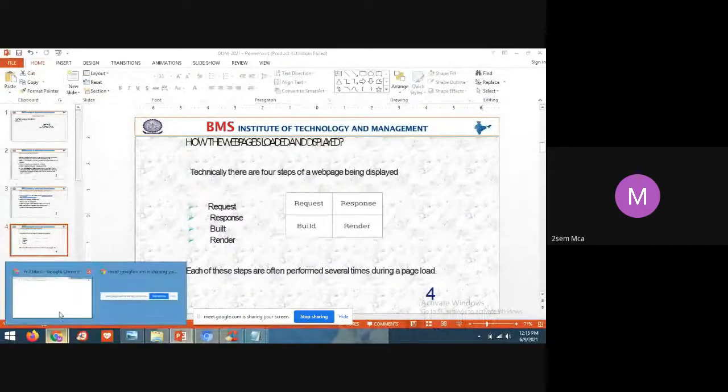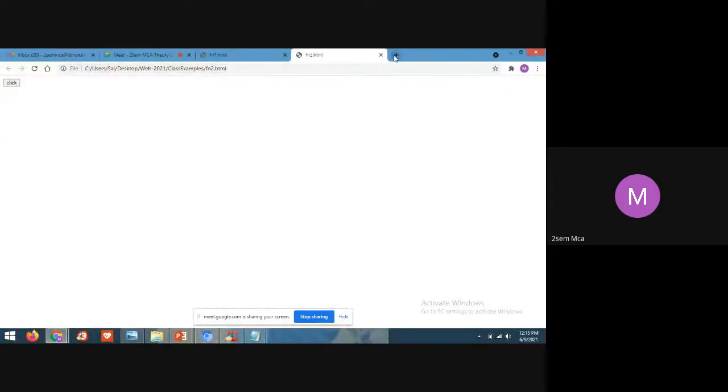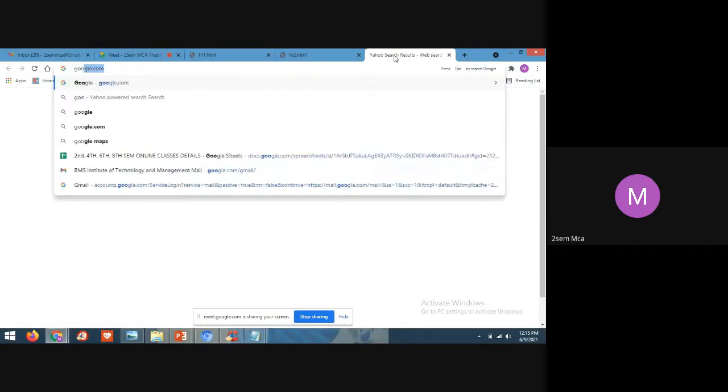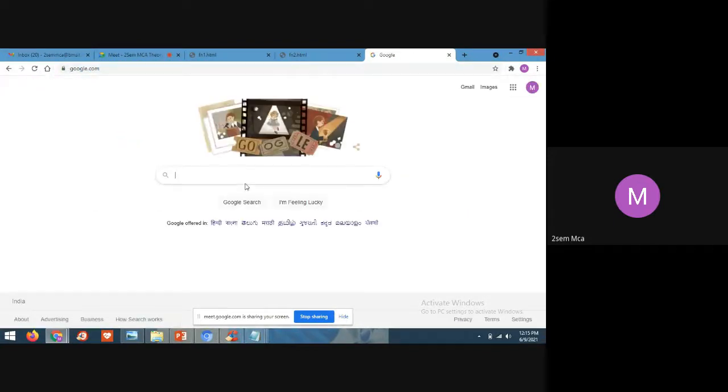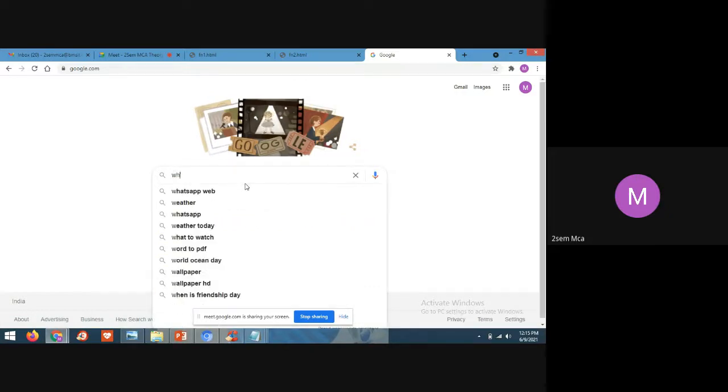So what do we do? In the browser, what is W3C? I don't know what this W3C is.